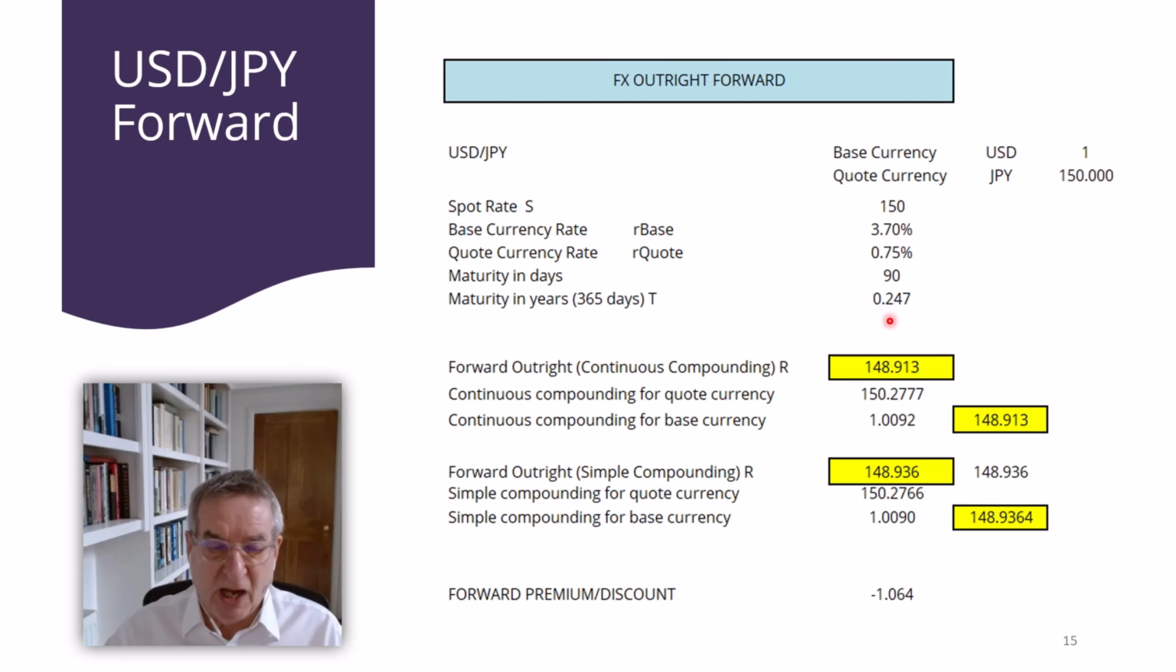Now, the way this could be calculated is, as I have indicated earlier, we can either use continuous compounding, and in that case, we would find that the forward rate is 148.91, or if we were to use the simpler method, the simple compounding approach that I illustrated earlier, we would find that the forward rate is at